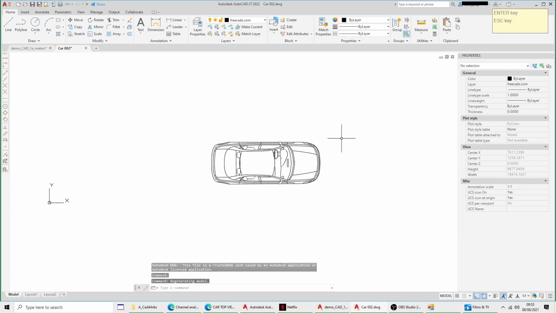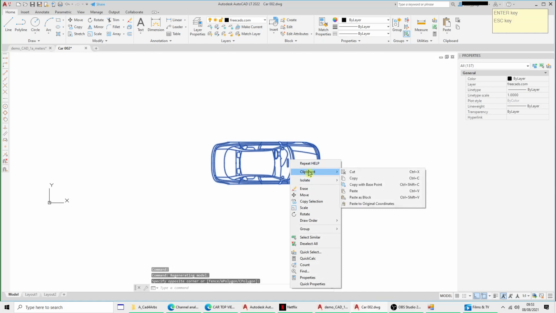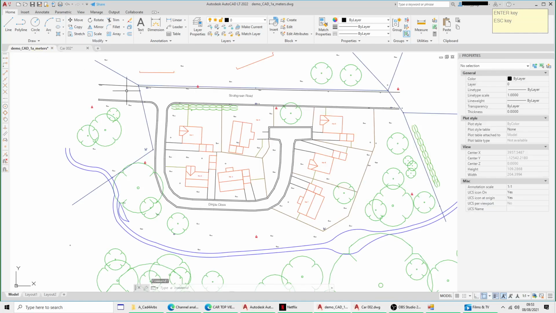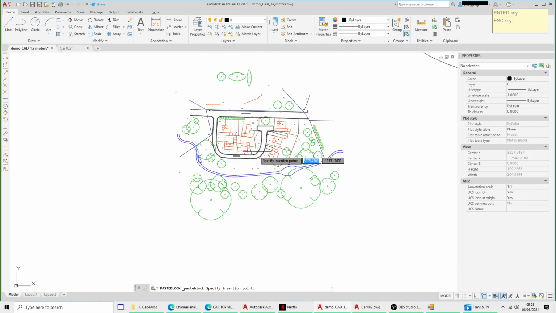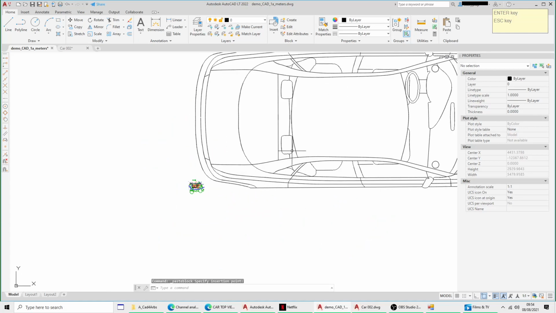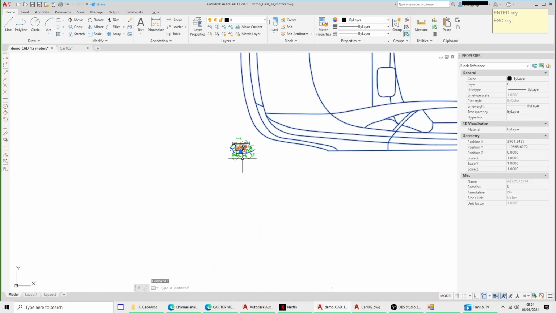Now I do believe these are all in millimeters. I'm just going to copy that. I have to do it to the clipboard because it's on a different drawing. But I'm going to paste it as a block because there's lots of entities. I don't want to have to select them all. I'll just click it somewhere. And as you can see, it's in millimeters. So I'm just going to click it,